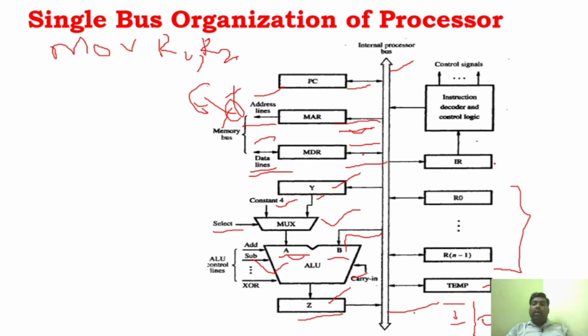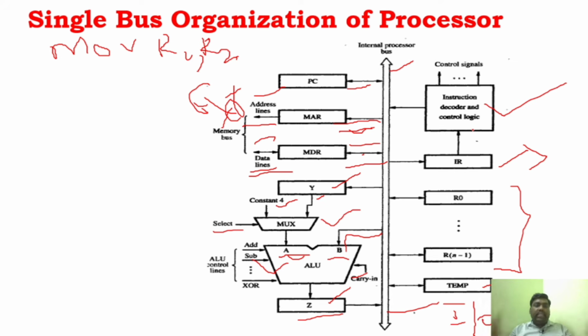And very importantly, you have to know about the IR. IR is the one which has the information about the current instruction that is getting executed. Once the instruction reaches the IR, the processor will decode that particular instruction and perform all the operations of that instruction. That is done by the instruction decoder and control logic. This is the one which performs the required operation, and it provides control signals to perform all those operations. That is, the information in the IR is decoded by the instruction decoder.